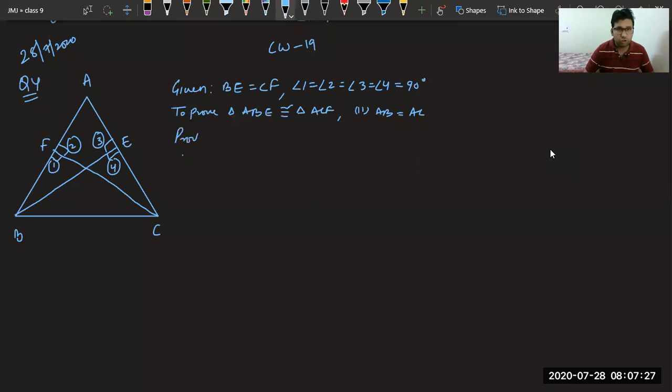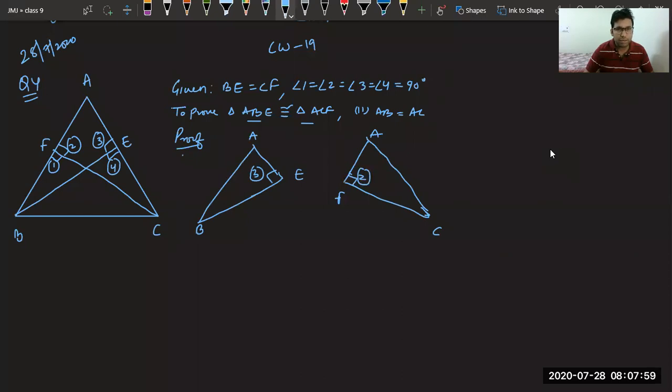Now, all of you, first of all, to prove them congruent, we will look for them only. Where is triangle ABE? Is the triangle this one? Again, drawing them in a separate way. A, B, E, and the next triangle is A, C, F. First look at the diagram. This angle E is how much? It is number 3. Angle F is this number 2, and we have BE equal to CF given to us. Now tell me.